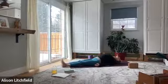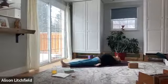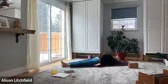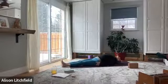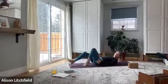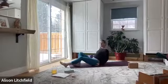So you just see where your edge is here. Palms open up big. Nice long breaths here. Yeah, so good for the lungs, that pose. And when you're ready, you just lift your head back up, lie all the way down,